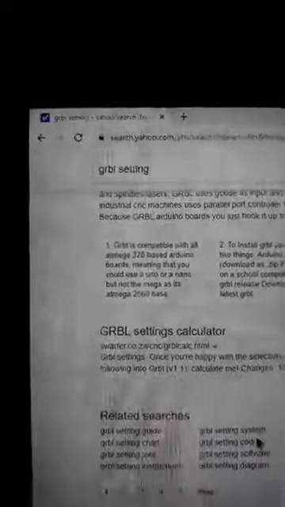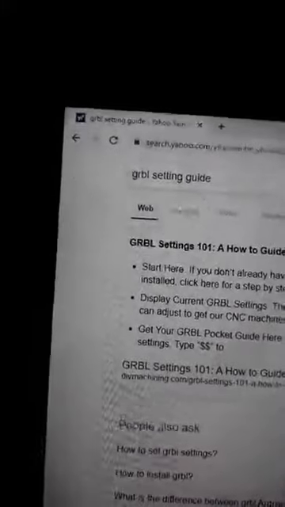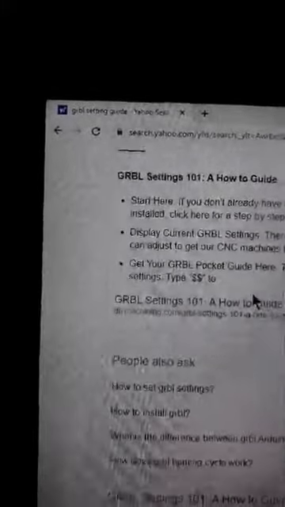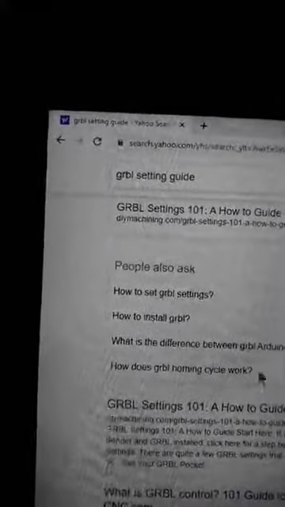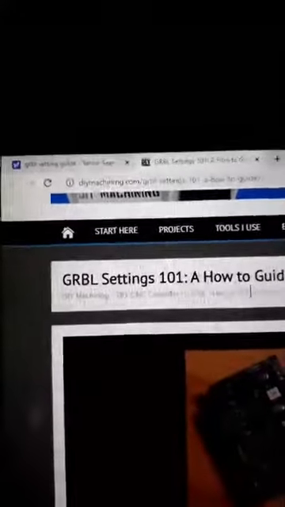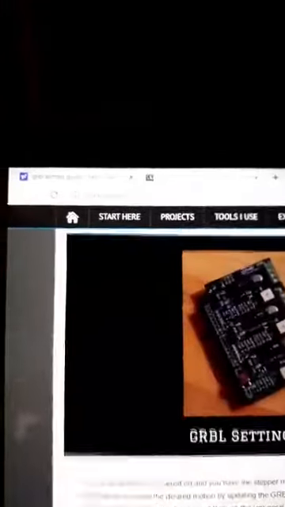Okay? Now, let me pull one up here. Grbl settings guide, see what that says. Click here and it says, oh, here's another one, Grbl settings 101, a how-to guide. Okay?